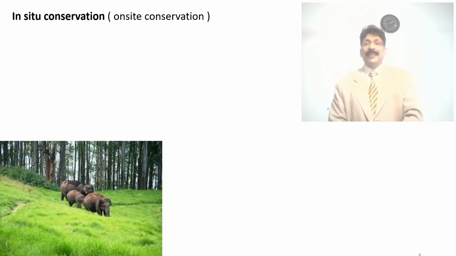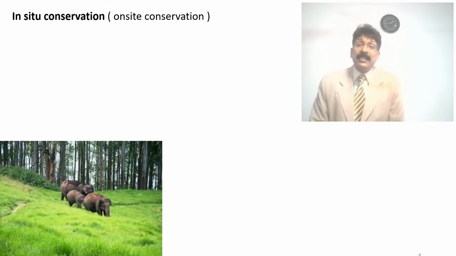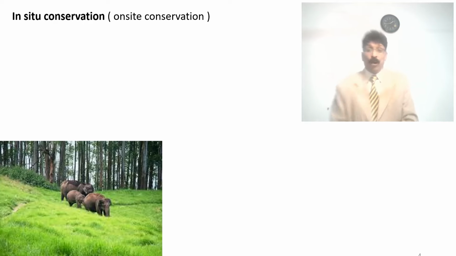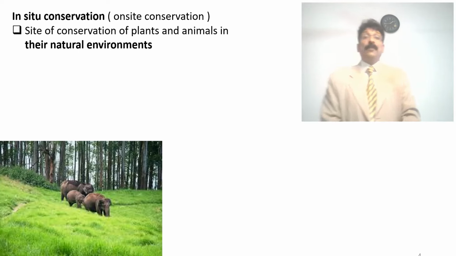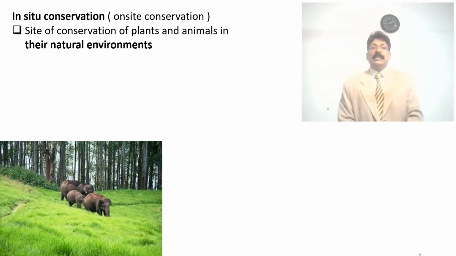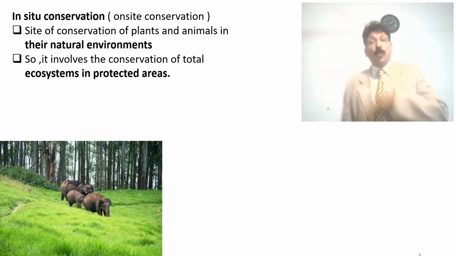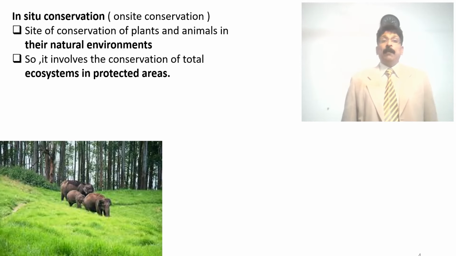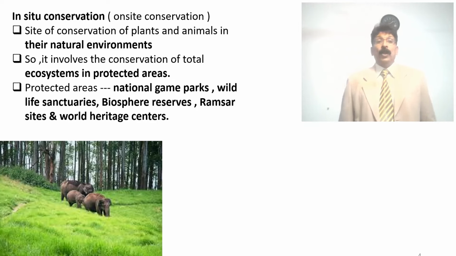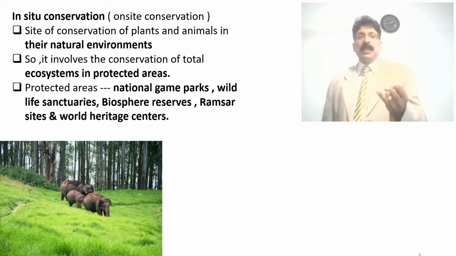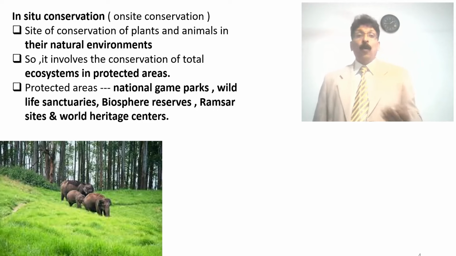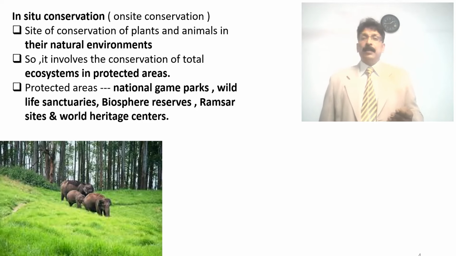So this is in situ conservation. Otherwise, you can say on-site conservation. In situ conservation, on-site conservation: conservation of plants and animals in their natural environment. It involves the conservation of the total ecosystem in protected areas. The protected areas mean national game parks, wildlife sanctuaries, biosphere